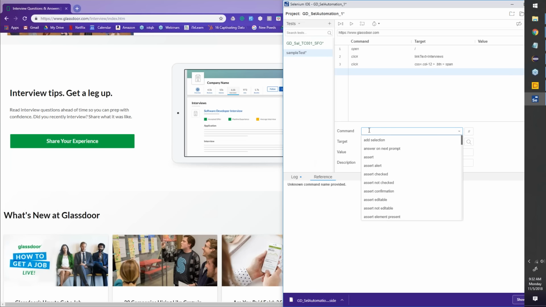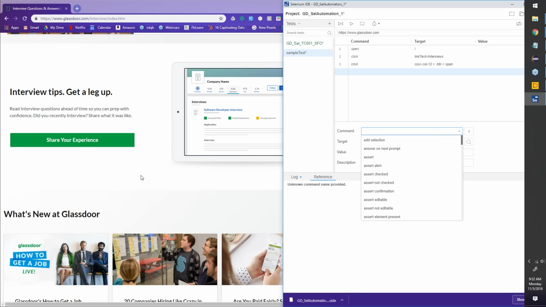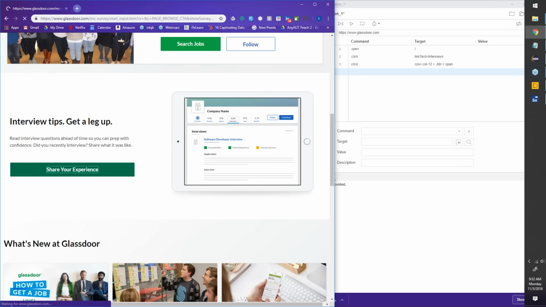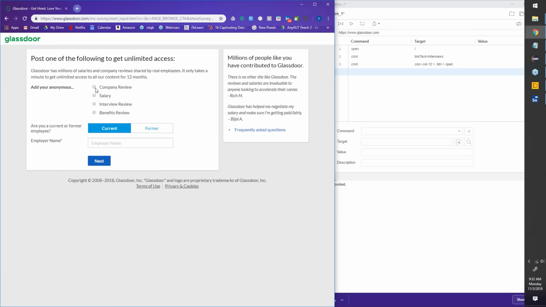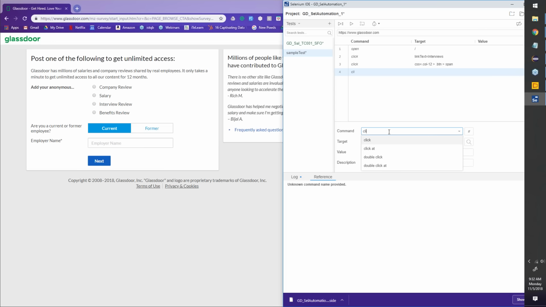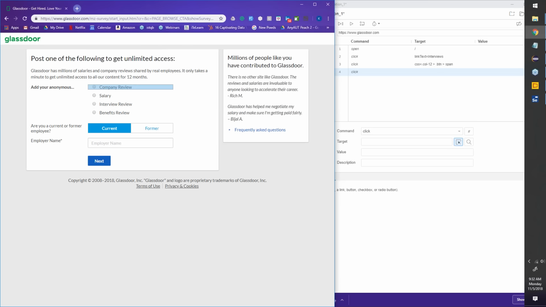What else do I want to do? Once I click on this, what happens? Let's see. See how I'm navigating between the manual test and automated. And I may want to click on this company review. Let's say another click. And here you go. See how precisely I'm doing? I'm not pointing at company review or salary. My mouse goes precisely to that. It says ID reviews. Cool. Now my test seems to be ready.